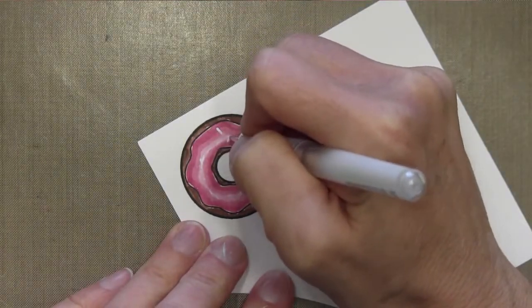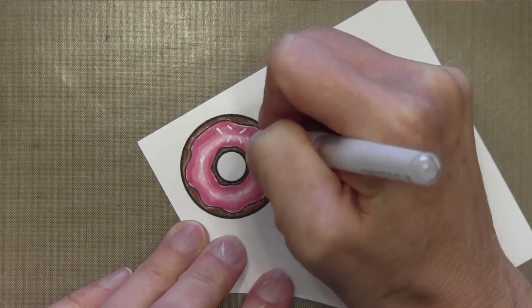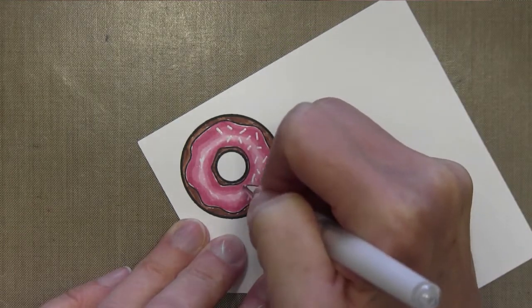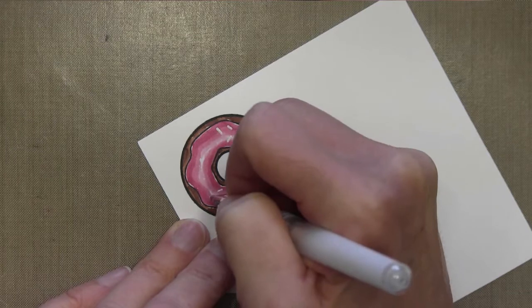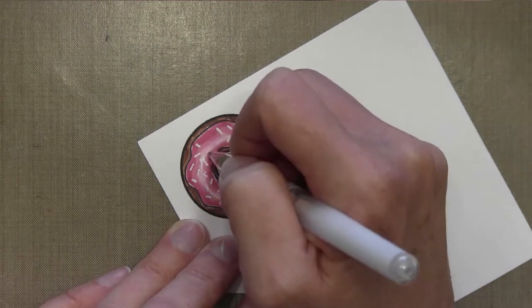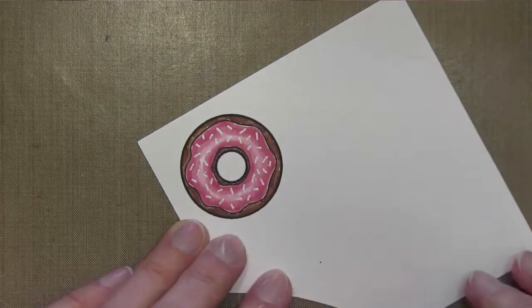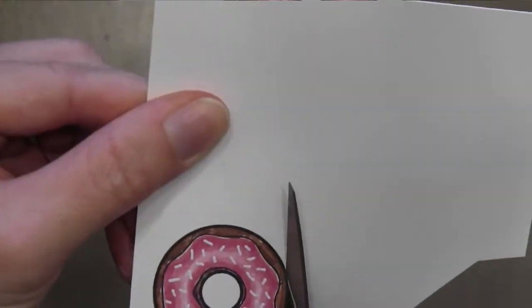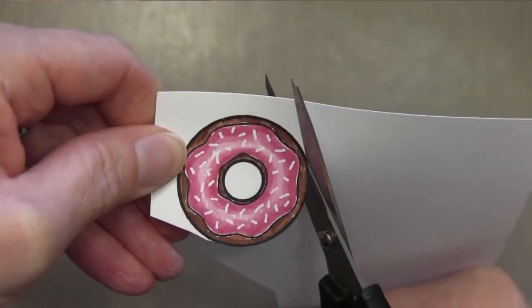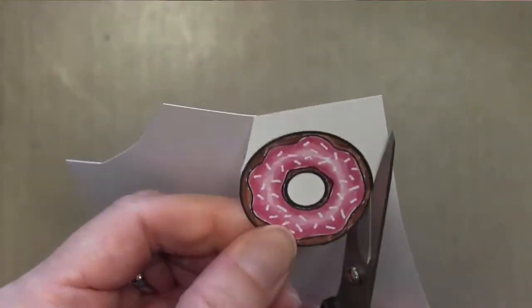Now there is a sprinkles stamp that comes in the set, but I wanted my sprinkles to be pretty defined, so I took my white gel pen and I randomly put them on myself, and I really like the way this turned out because it's a gel pen, it kind of is a little bit raised off the cardstock. And I was really happy the way my donut turned out. So I'm going to cut it out, and now I also wanted to cut the inside of the donut out,